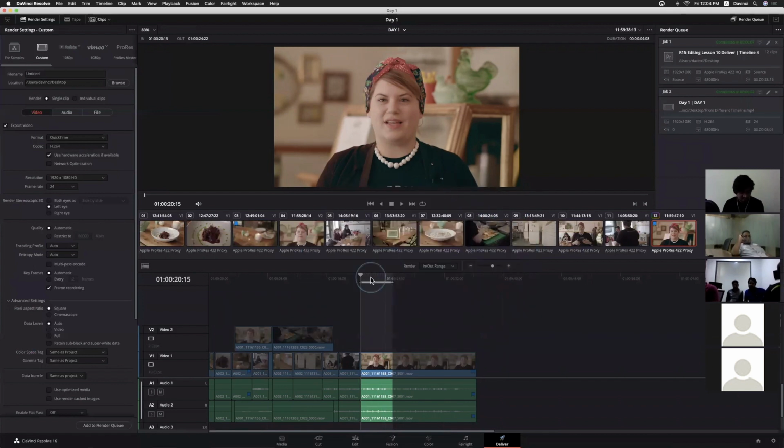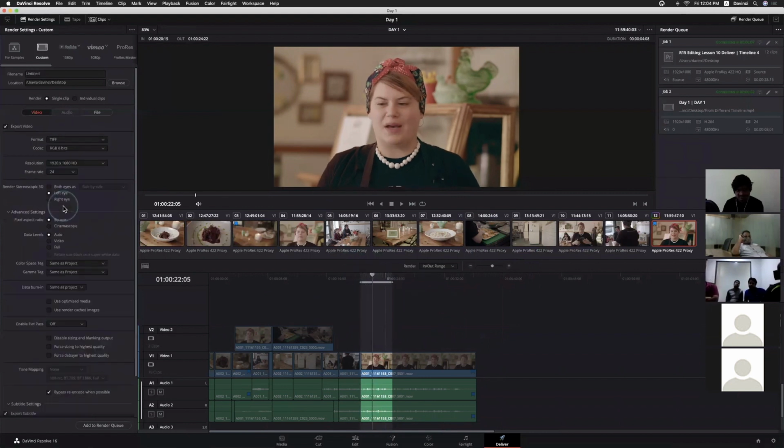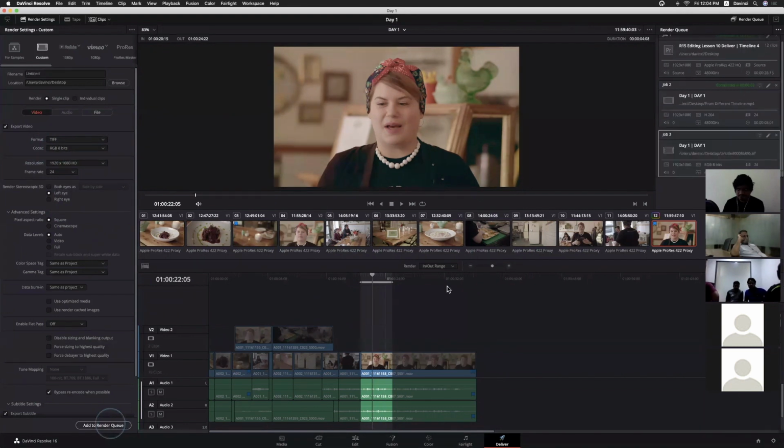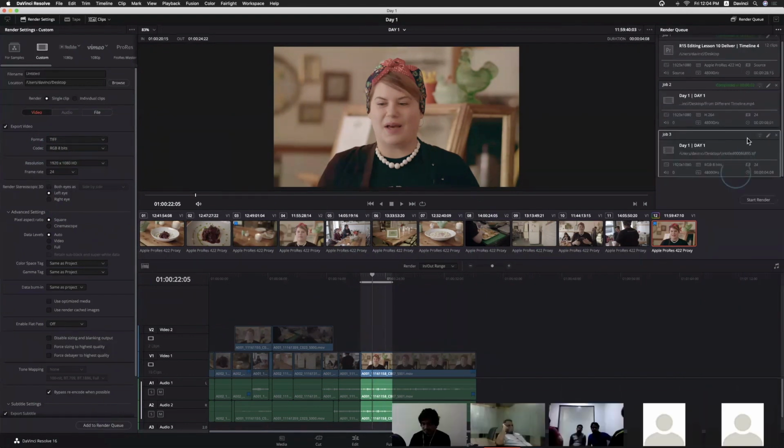If you want to export this portion as an image sequence, we just need to select one of the image options, the number of bits per image, and PNG. Now add render to queue. Start render.